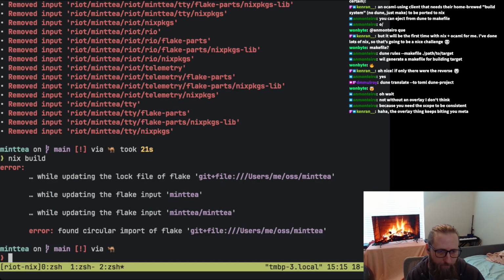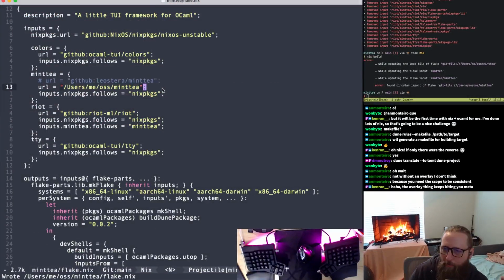Okay. I figured that wasn't going to work. Just wanted to try it. I'm literally importing the same flake that I'm trying to reference. Too bad. So basically you would have to have, I mean, in case it's not clear to everybody,